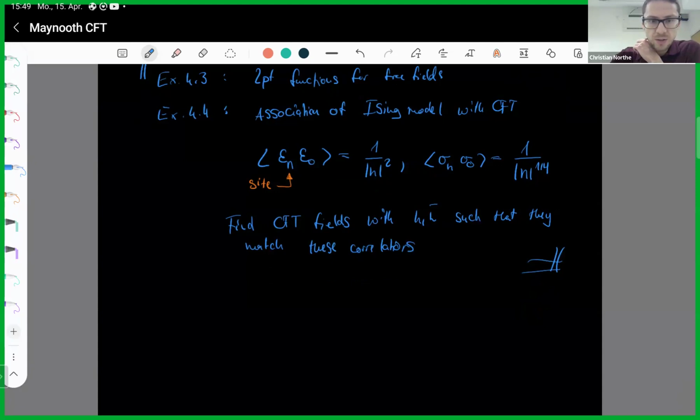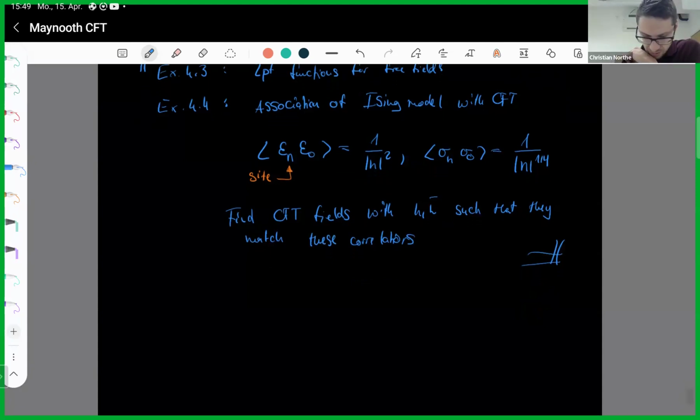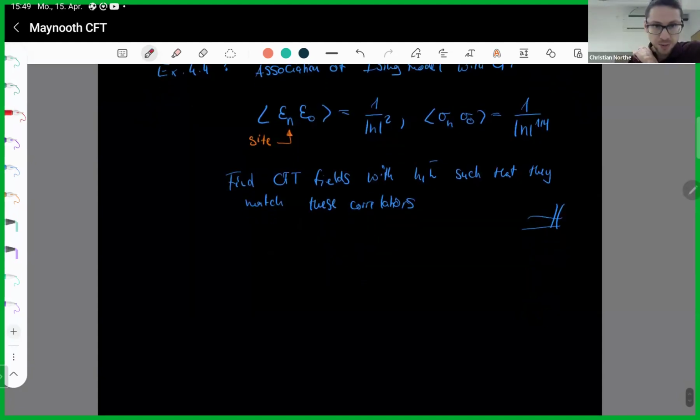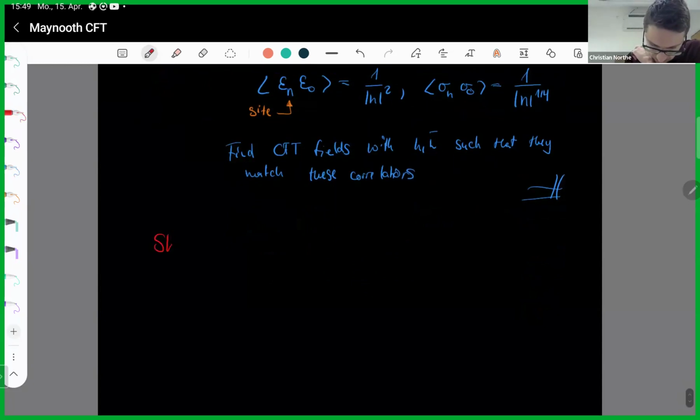And now there's something that, unfortunately, I have to skip, because it's not going to be super important for the outline of what I want to convey in the main part in next week's lecture. But it is nevertheless a very crucial concept in CFT. So if you're interested in CFT, read the notes